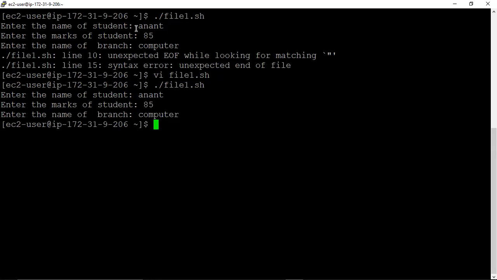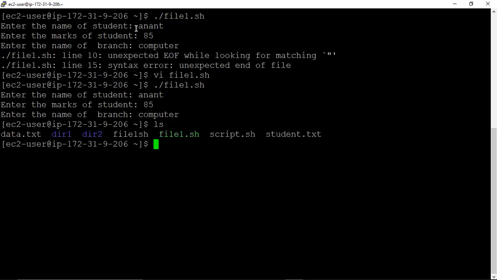Now initially I had not created the file data.txt. So using ls, if we check this, see, we have data.txt. This file has been created automatically. And suppose if we want to read data from that, then we can use this command,